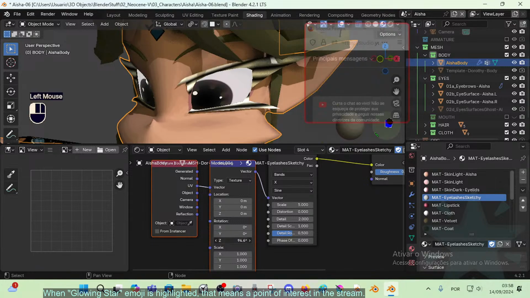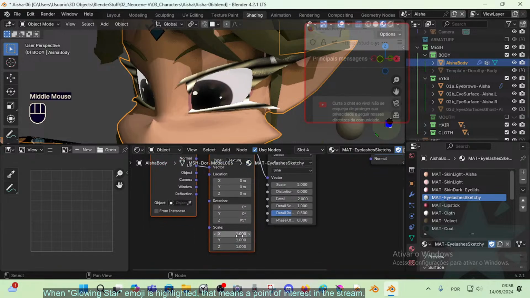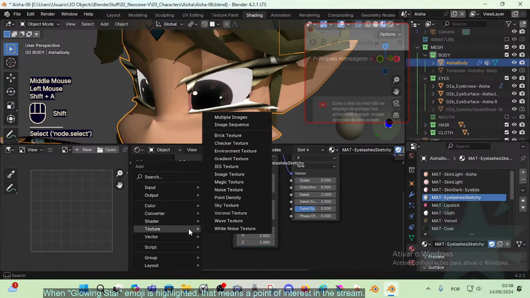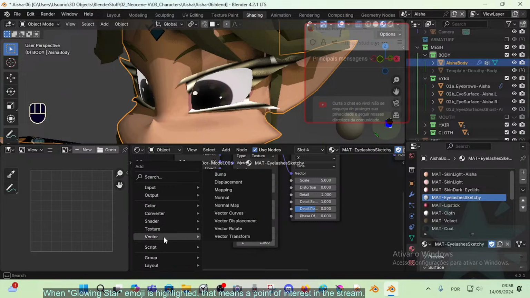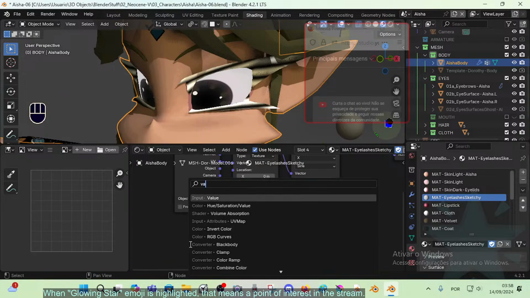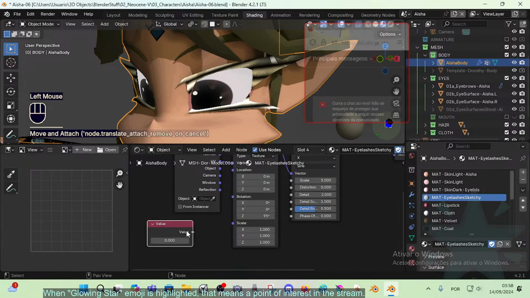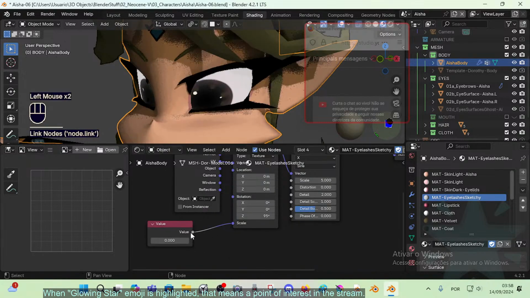Okay, okay, maybe that solves the problem. Of course, scale, now let's do a value here. What's the, maybe the, not for the Z, but